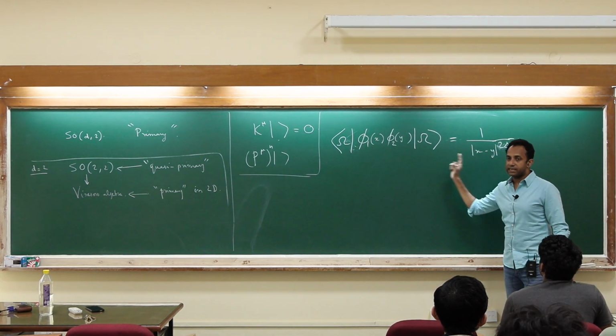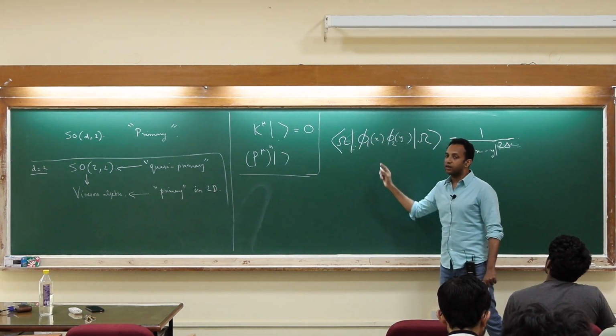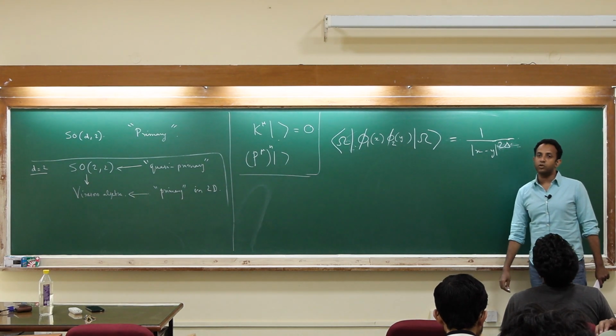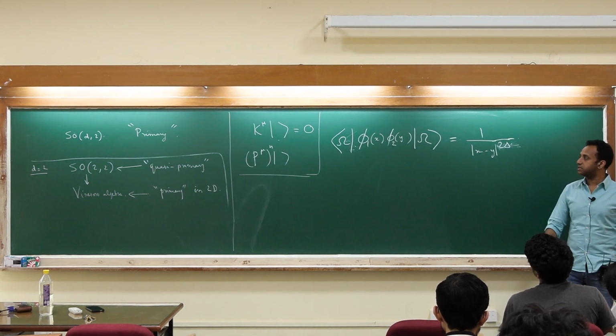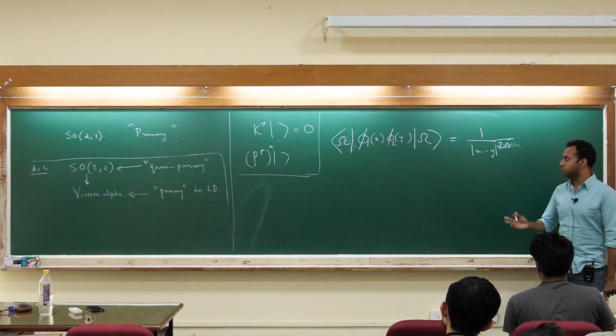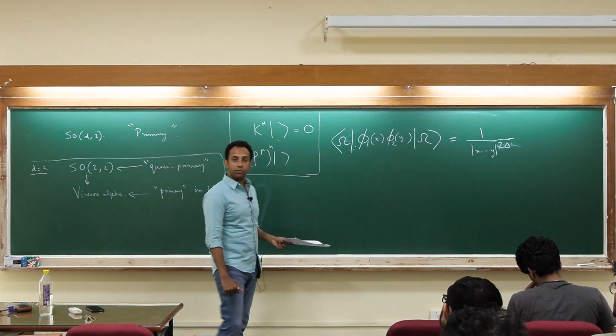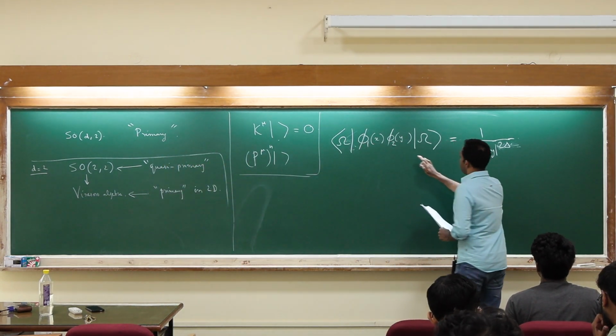Right now I'm writing everything in sort of Euclidean notation. You can think of x and y as living on the Euclidean plane instead of the Lorentzian plane. When you have to go to Lorentzian signature, you have to do some analytic continuations, etc. That's important, but for the things that we are talking about right now, it is not very important.